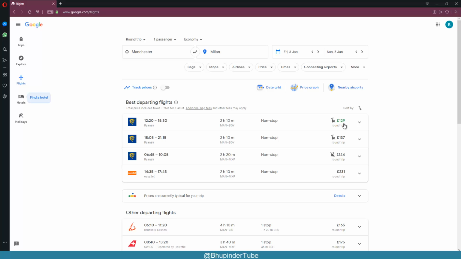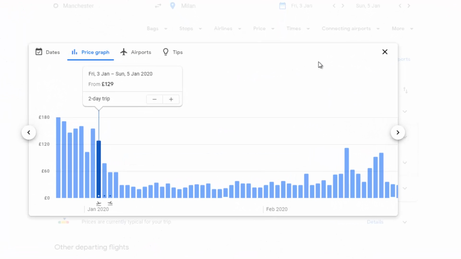The trick is in here, this price graph. Click there and you can see the bar is really very high for some reason on the 3rd of January. So what you've got to do, you can see here the bars are very low in here. So if you select a